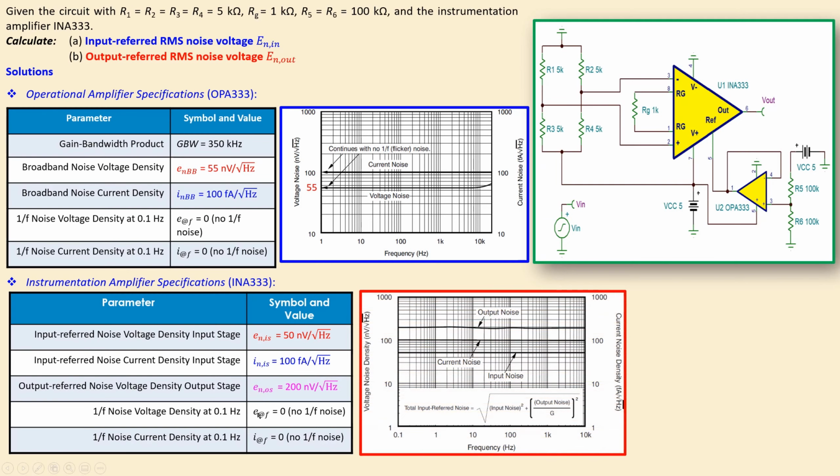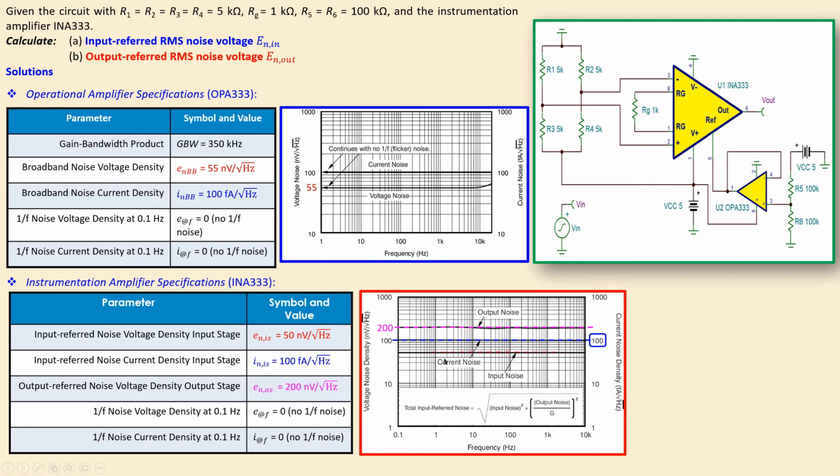Now if you look at the datasheet you will get this graph, one of the graphs actually, and again you will see on the left side the input noise voltage spectral density, on the right side the input noise current spectral density. You can see several graphs here. So the first one is this one, for example. This line is for the part which is 100 femtoamps per root hertz. This is the noise current, and you have also the part which is the output noise, which has a value of 200, which is this one, the output noise voltage spectral density.